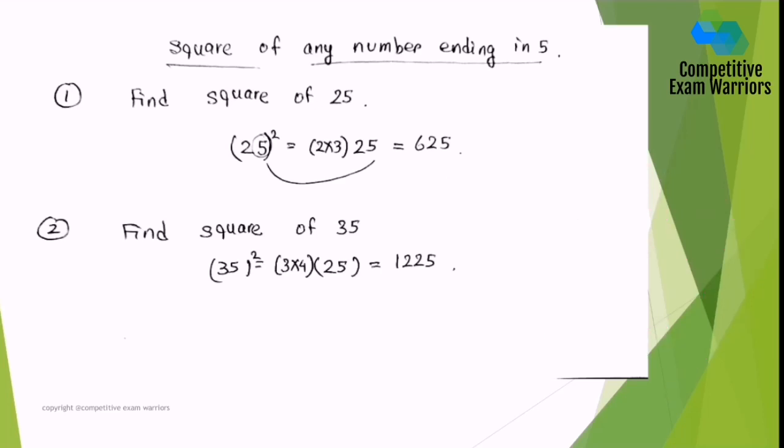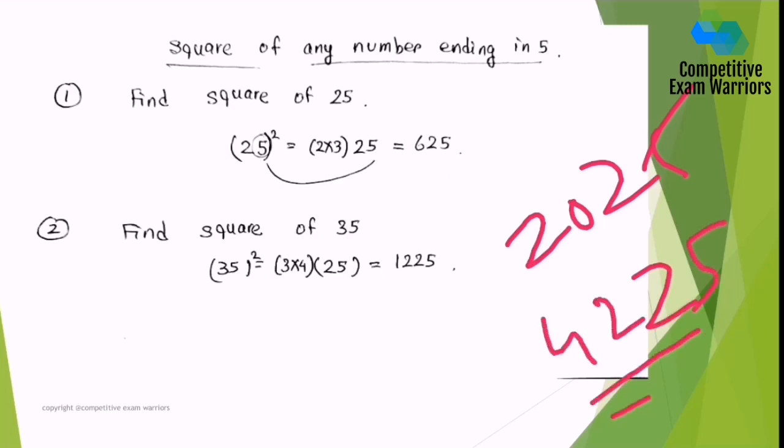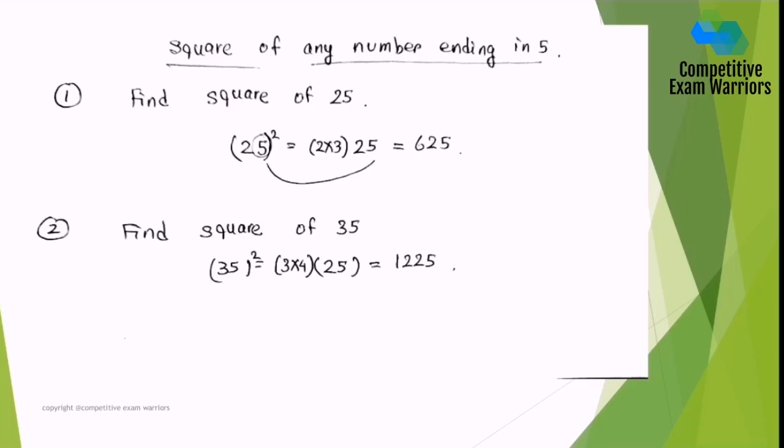Just look at the next example, it will be quite clear to you. If you are asked to find the square of 35, what will you do, simply write 5 square 25, the next higher digit of 3 is 4, so 3 4s are 12, so 1225. If you are asked 45, it will be 5 square 25, 4 5s are 20. If you are asked 65, 5 square 25, 6 7s are 42. So it's just as easy as it is, you can understand over here.